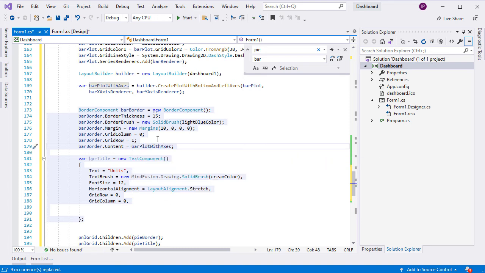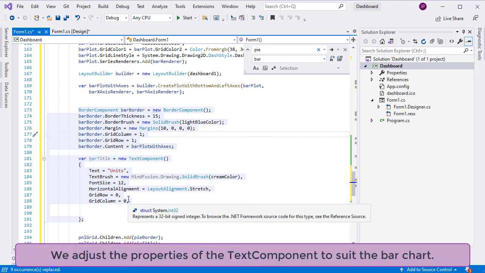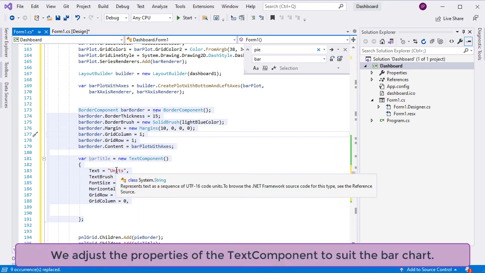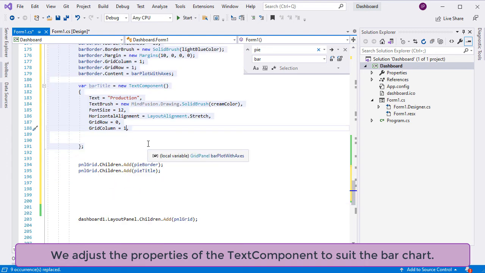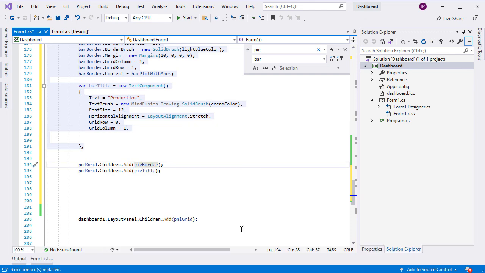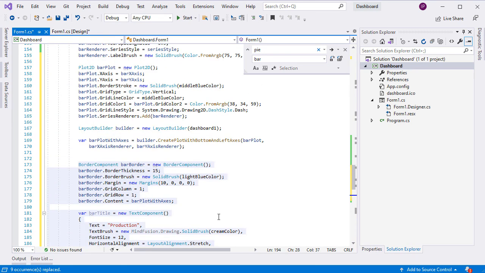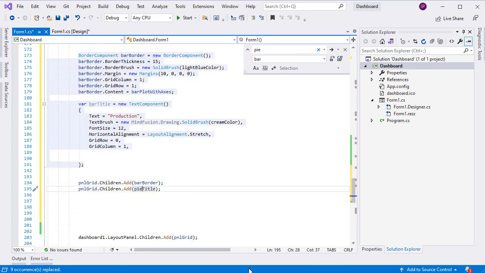They are in column number 1, e.g. the second column. Finally, we need to add the bar border and title to the children of the dashboard's layout panel.